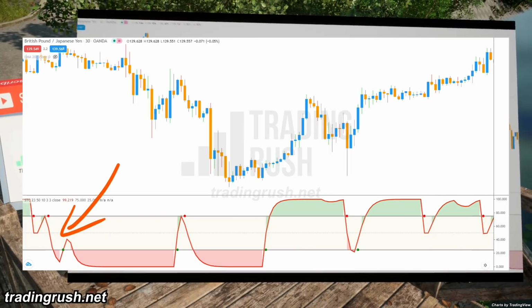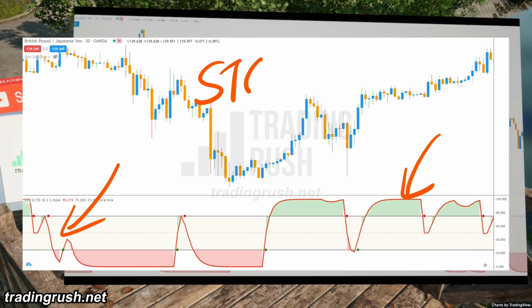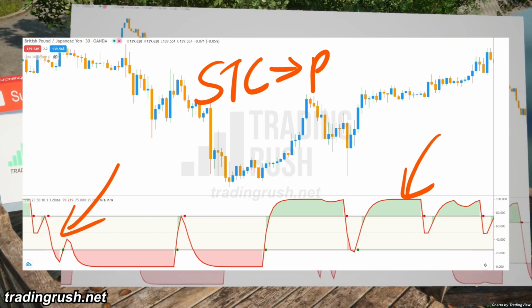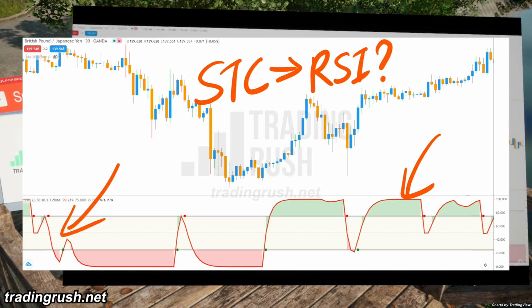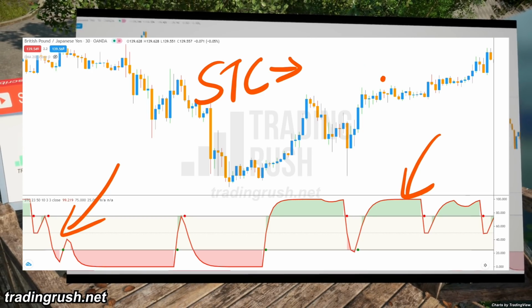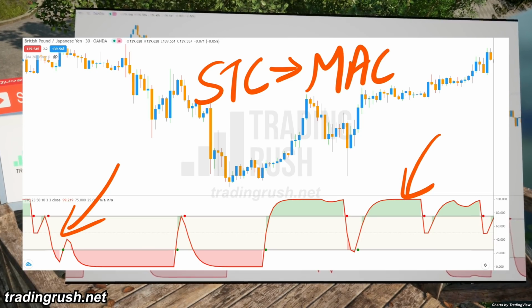Shaft trend cycle, or STC, is an interesting indicator because it looks easy to use, and it actually is. It can look like the RSI indicator because it has one line that moves in and out of zones, but it is more like the MACD indicator, and maybe a faster one at giving entry signals.